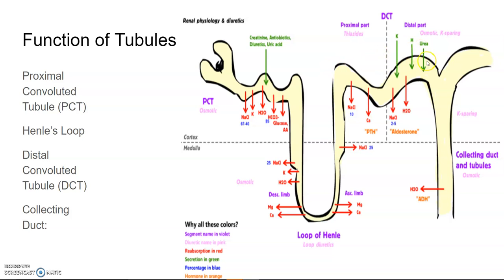Then we come to the distal convoluted tubule. Conditional reabsorption of sodium ions and water takes place in this segment. The distal convoluted tubule is also capable of reabsorption of bicarbonate ions. In this part, reabsorption of bicarbonate ions and selective secretion of hydrogen, potassium ions and ammonia take place to maintain the pH and the sodium potassium balance in the blood.